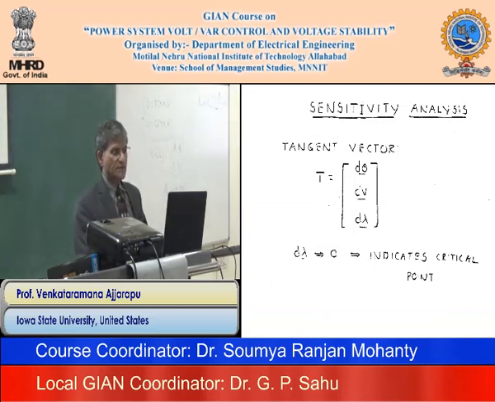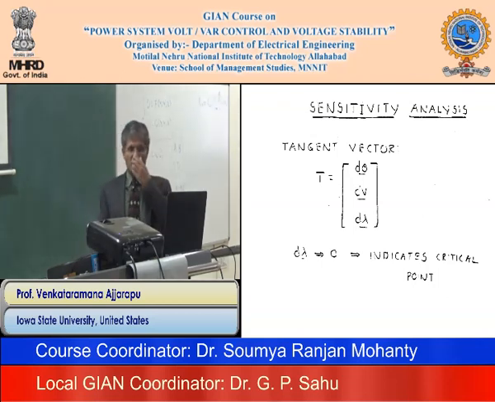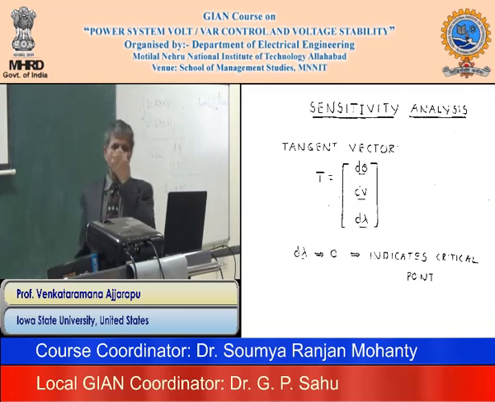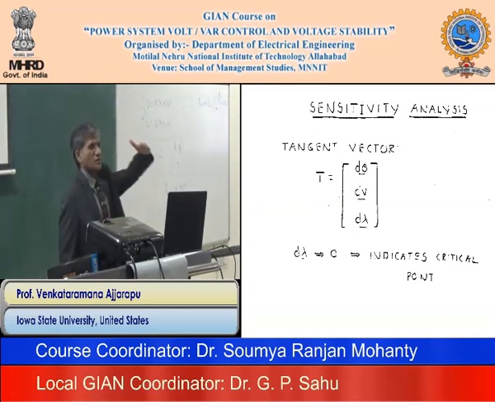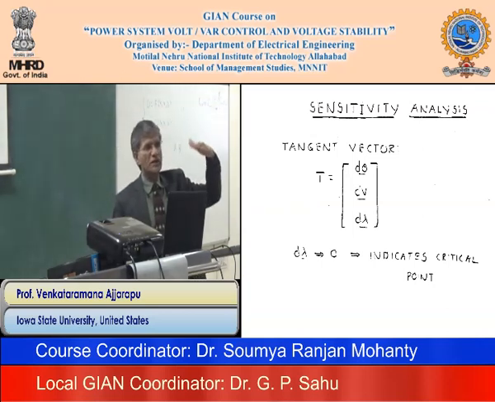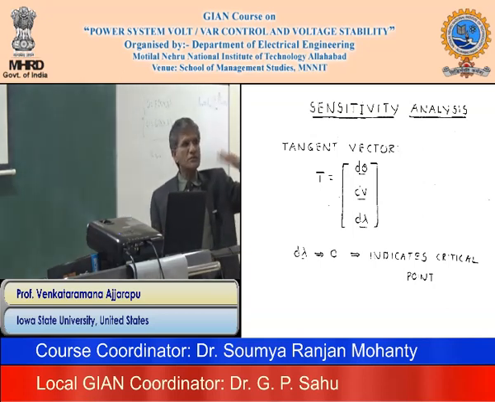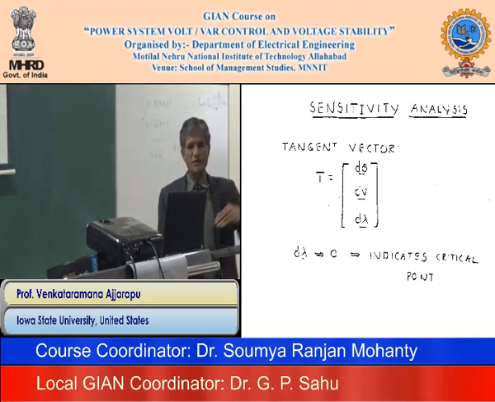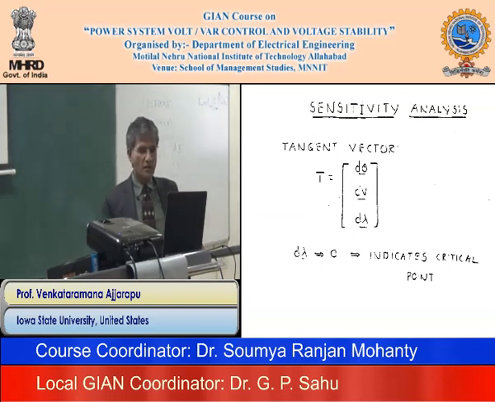One of the advantages of the continuation power flow is the tangent vector, right? This tangent vector d theta, dV, and d lambda is basically the tangent to the equilibrium point, so it gives some form of sensitivity, right? Sensitivity of the solutions by using the tangent vector. So what we did is,